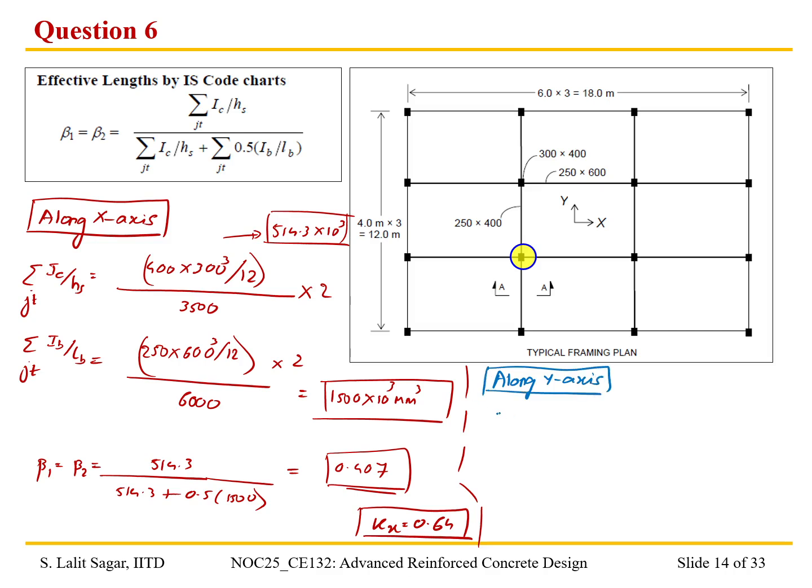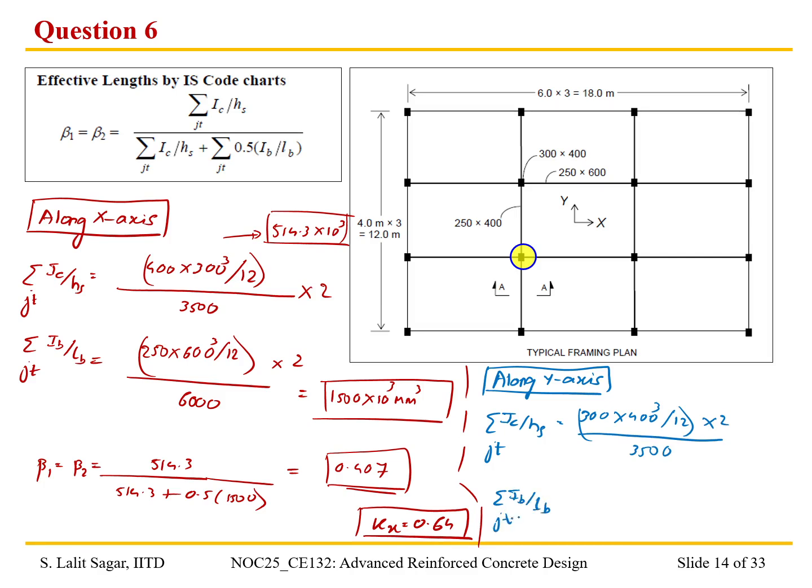So we have sigma IC by HS, along the y-axis, right? So we have 300 by 400 cube, 300 by 400 cube divided by 12, and again there are two columns meeting at the joint, divided by 3500. Then we have sigma IB by LB,